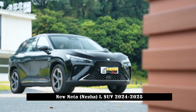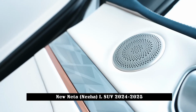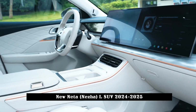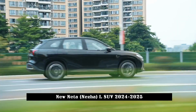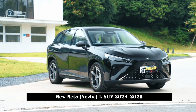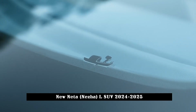Nezha Automobile, a member of the new energy automobile manufacturing industry, has won the love and following of countless consumers with its cool and avant-garde appearance and rich configuration. In terms of appearance, Nezha L uses a closed-center grille on the front, trapezoidal air intake on the lower perimeter, and dot matrix structure on the inside. The overall appearance is not only stylish, but also very